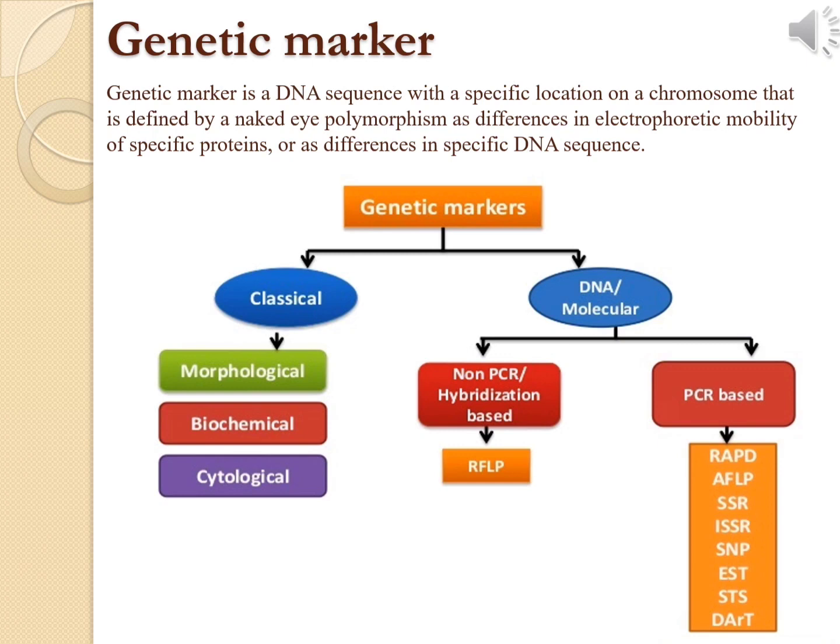It can be described as the observation in the variation which may have occurred due to mutation or alteration in the genomic loci. A genetic marker may be a short DNA sequence such as a sequence surrounding a single base pair change referred to as single nucleotide polymorphism or SNP, or a long one like mini satellites. Now, these genetic markers can again be classified into many categories, in which RAPD comes under the category of PCR-based DNA molecular marker.